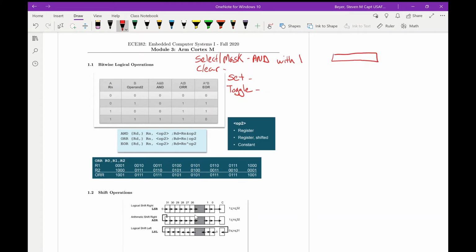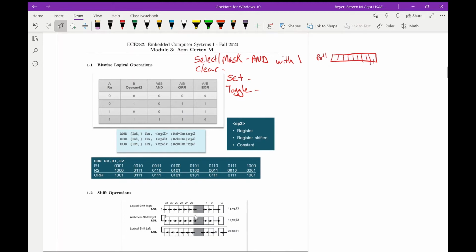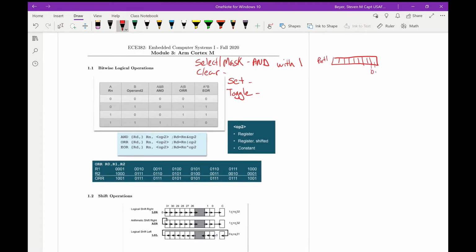So you have port, so this is say port 1, and it has 8 bits. And those bits correspond to actual hardware, so the actual wires coming off the MSP432. And say 2 of these are connected to bump sensors, and then 6 of those are connected to something else that we don't care about. So we could, if we wanted to see what the input from these 2 bump sensors were, we could AND